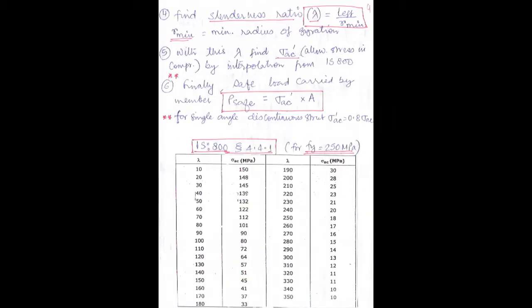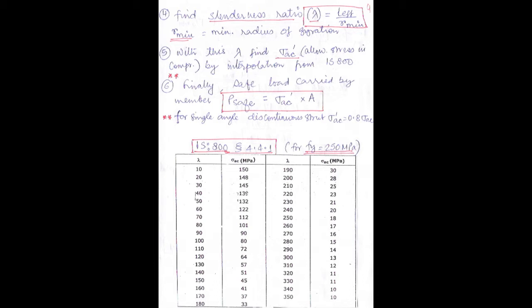Step number 4, you have to find the slenderness ratio lambda, which is equal to the effective length divided by the minimum radius of gyration, the notation is R min. In the table there will be Rxx and Ryy values given in the steel book. From those you have to take the minimum value for R min, that is the minimum radius of